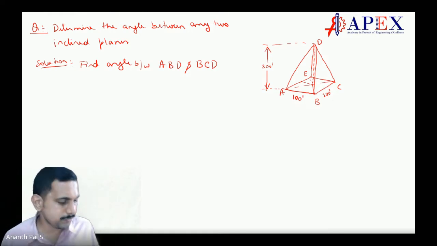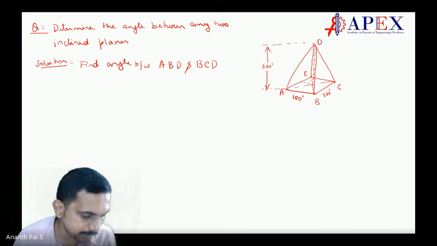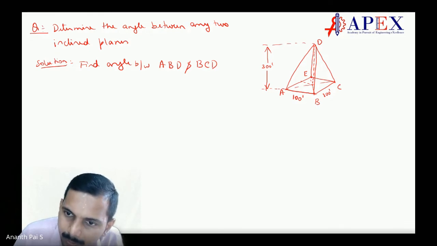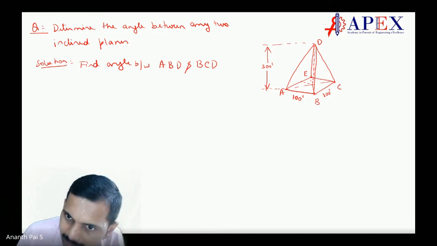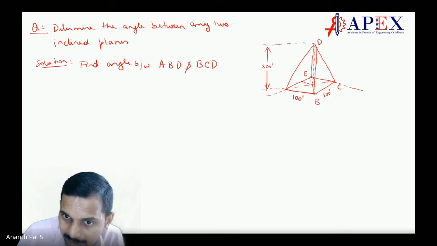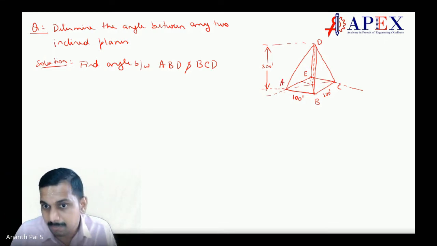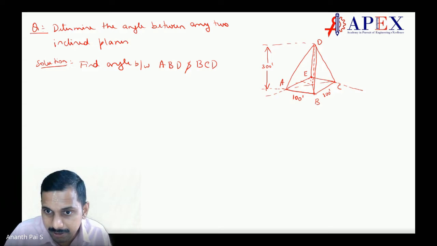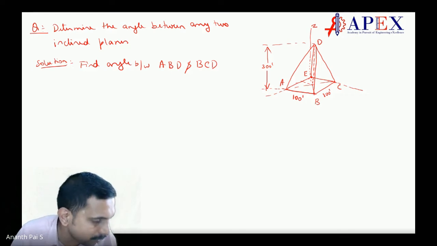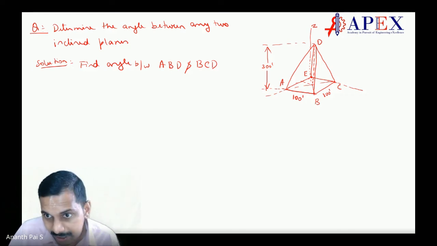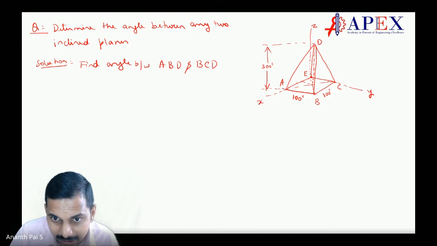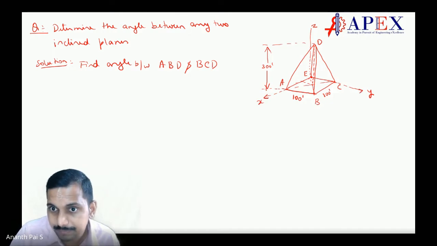So first of all, we have to fix the coordinates. Let us fix the coordinate origin at point E. This is to show that we are following the same thing, so everyone gets the same answer. Same answer in the sense the end answer will be the same, but the intermediate answers also we should get the same, is it not? For that reason I'm doing this. Otherwise, it doesn't matter where you take the coordinates, but you have to go with the right-handed rule. That's it. Let us take this X, Y, and Z.